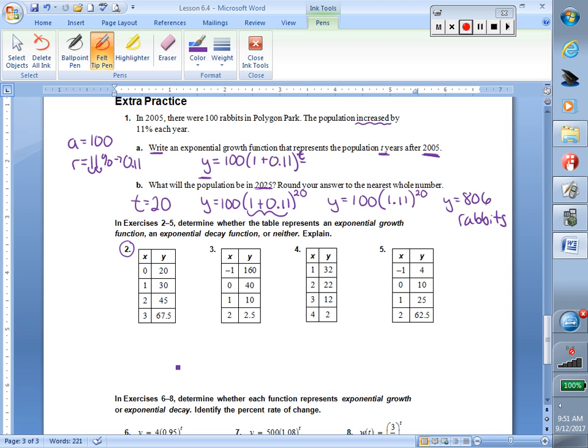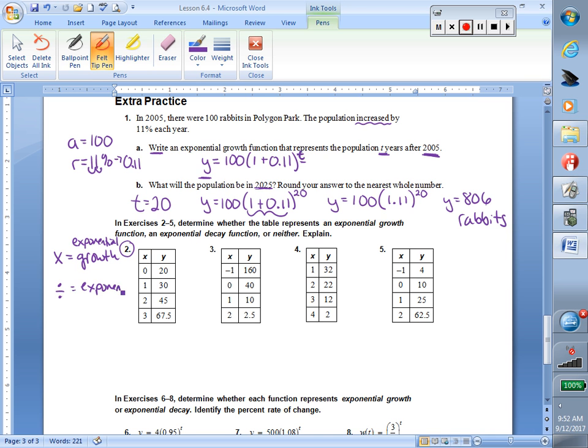So in order to tell if we have exponential growth or decay, remember, for exponential, our y values we either need to be multiplying or dividing. If we're multiplying by a number, we're going to have exponential growth. If we're dividing,